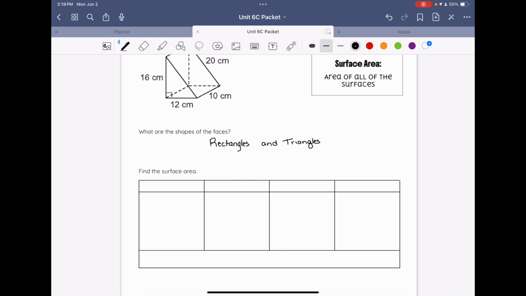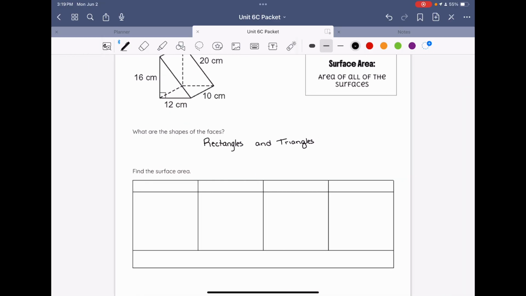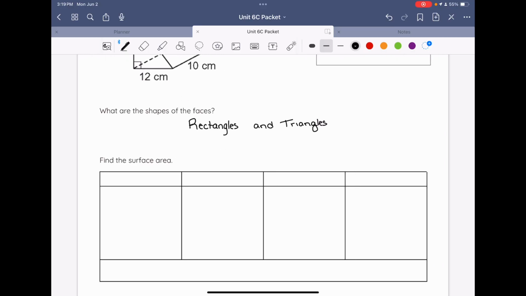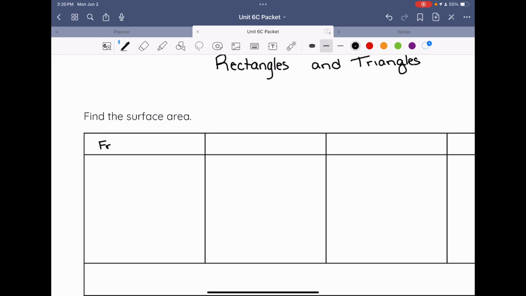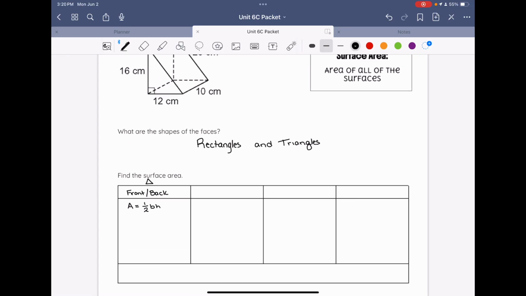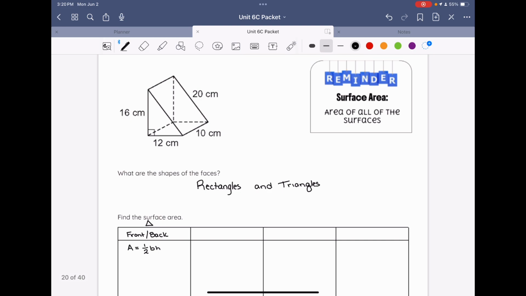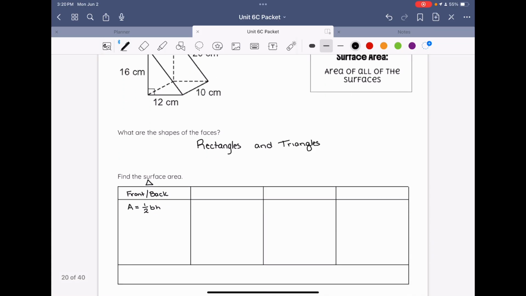Just like in our last lesson, we're going to use this nice little handy dandy organizing chart to help us figure this out. We've got two bases, the front and the back of my shape, and both are triangles. And remember, my triangle formula is area equals 1/2 base times height. Because this is a triangular prism where the sides are not the same in length, all of my rectangles have to be